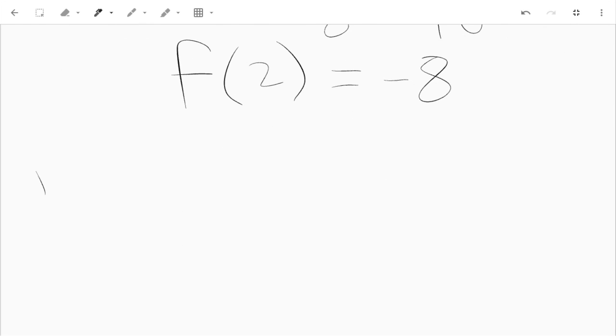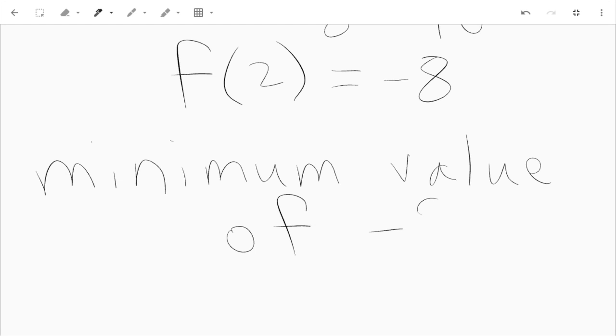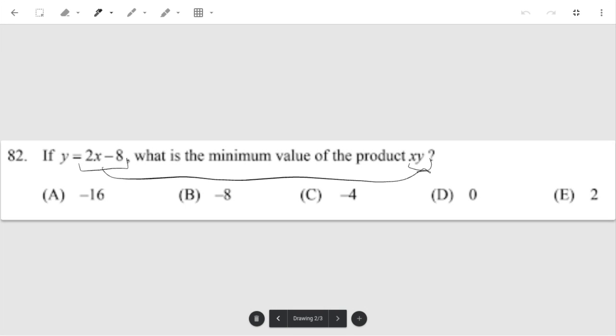And we have a minimum value of negative 8. And if we go back one page, that is going to be